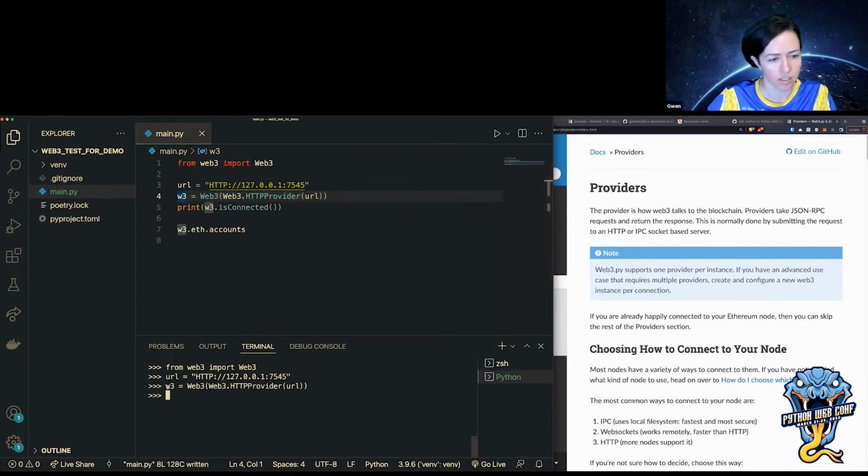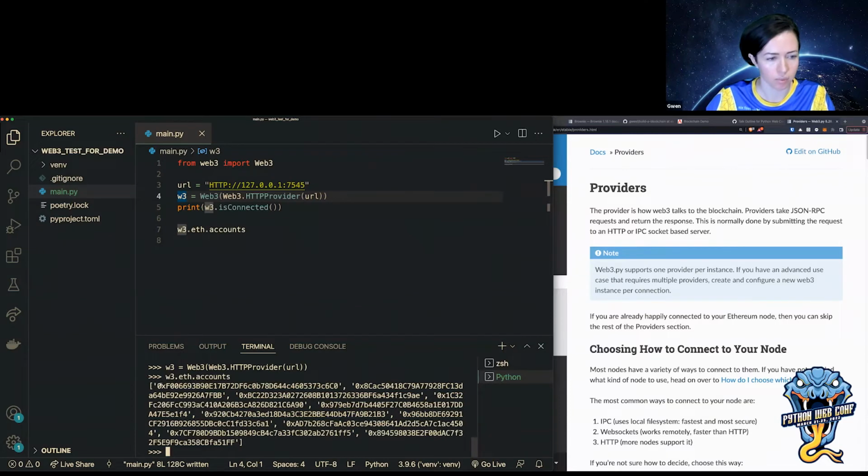Okay, so now I have W3, I'm connected, and I can use the Ethereum API to get my accounts that I have set up. So I can see all of my accounts here. I could get the balances for those accounts or interact with them on my local accounts.